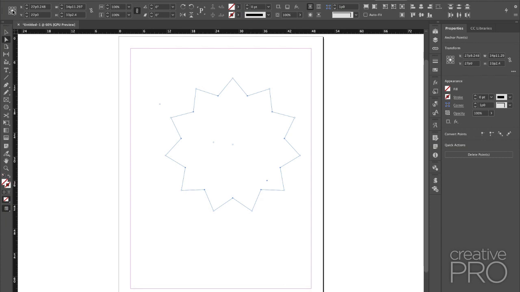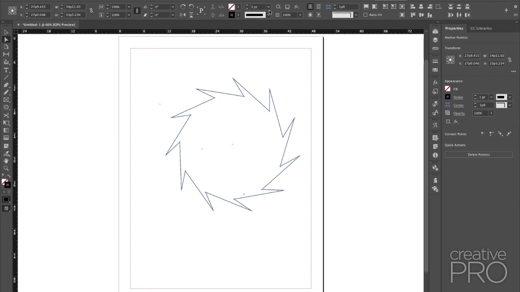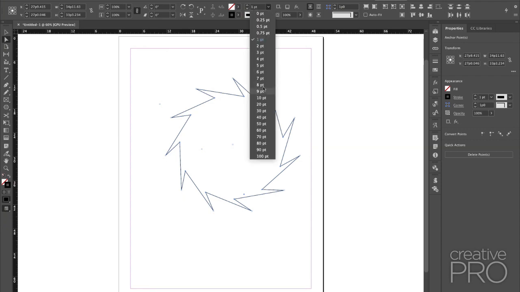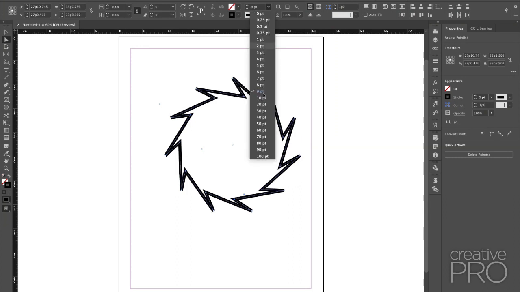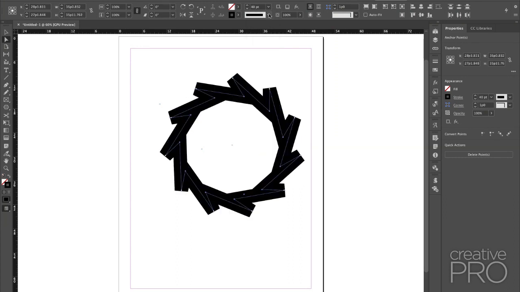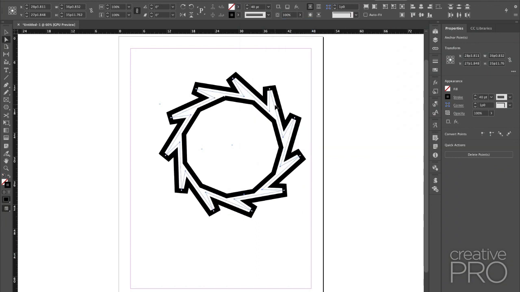I want the center. I want everything to rotate around the center point here. So once again, I'm rotating around the center. I have just those inside points selected, and I'll rotate this, say, 30 degrees. And now I've got this kind of wacky, cool effect. And let's make this thicker. Maybe even really thick, maybe really, really, really thick. There we go. And we can change the size.